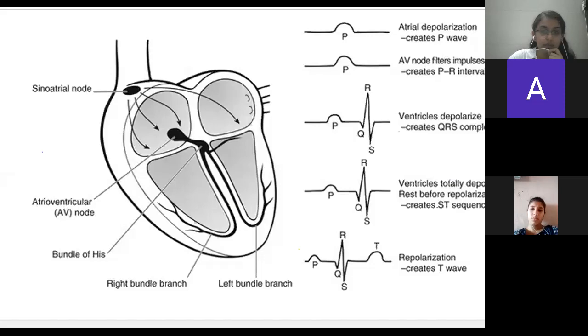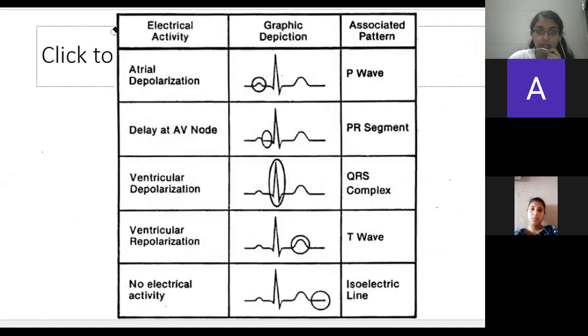Okay, so now we can see in this, you can revise that atrial depolarization, there will be P wave, the delay at AV node because it takes some time. And the clinical reason, the clinical thing that is happening here is heart needs to pump all the blood from atria to the ventricle. The ventricles need to fill properly. If the ventricles start their depolarization, start pumping along with atria, that is of no use. They have to get filled first, and that is why there is a little delay at AV node of the